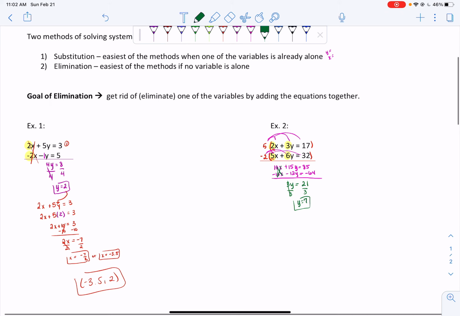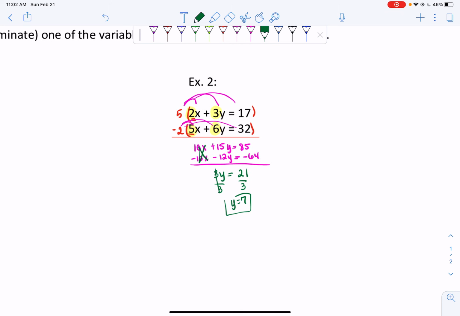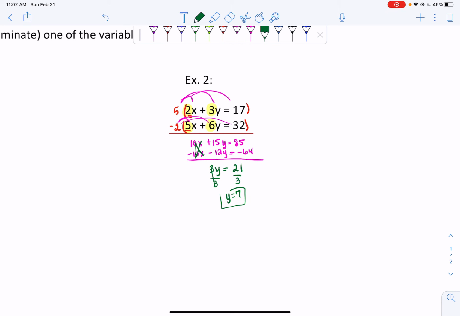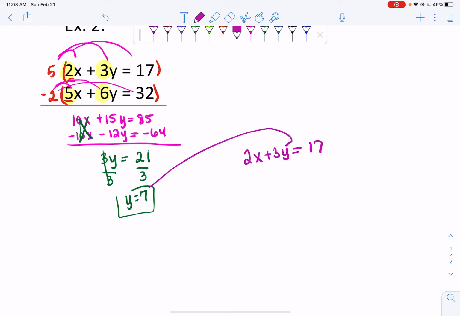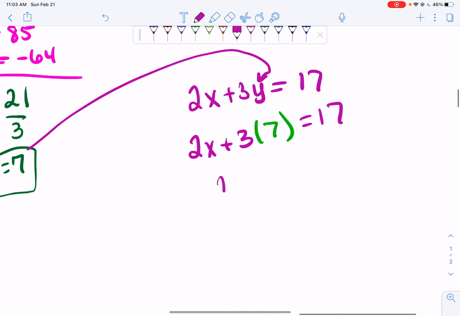Here's the issue. I need to know what x is. So I'm going to choose one of my equations. I'm going to choose my first equation because those are tinier numbers. Always go back to your original equations. So I have 2x plus 3y equals 17. I know that y is 7. So I have 2x plus 3 times 7 equals 17. So I have 2x plus 21